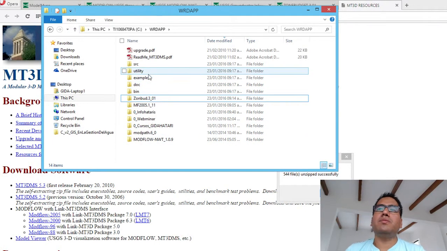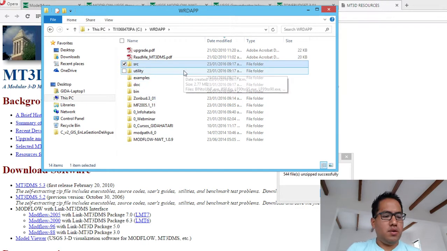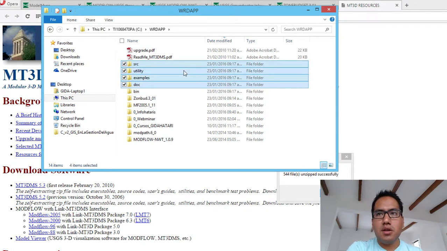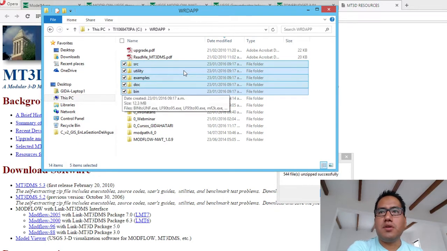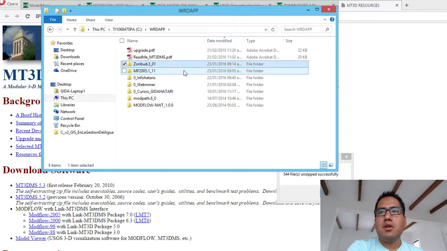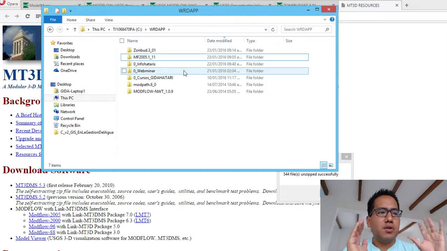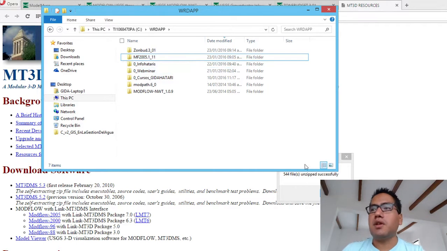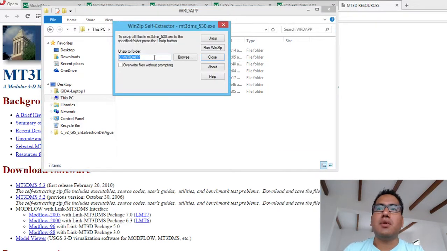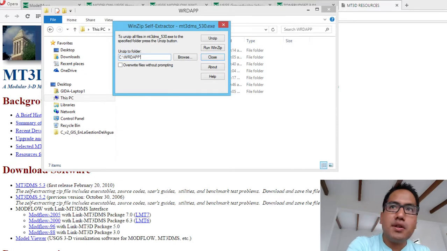Oh no, we don't need it this way, so I'm going to delete it because it's not in the structure that we already have for the other ones. I suggest this because I want all the files from the package in the same place. So for this time we type